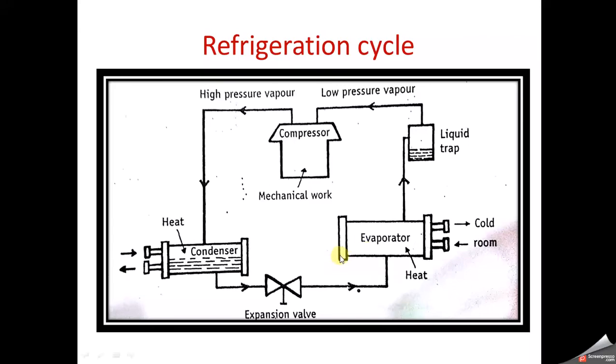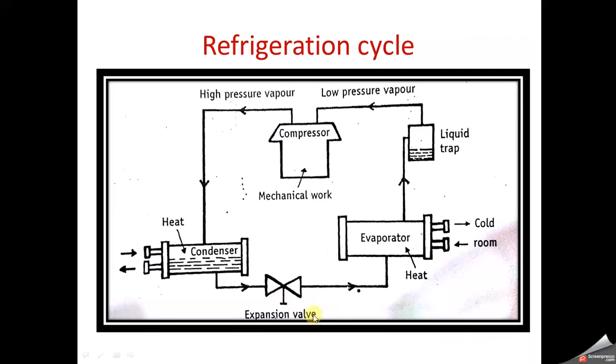Next thing is expansion valve, right? So from this condenser where refrigerant was stored, this vapor form will move forward towards the expansion valve. As the name is indicating, it is trying to expand the vapors, right? So it has a control over the rate of flow of refrigerant inside the evaporator. So how from this condenser to this evaporator, how the vapors will flow, so that will be controlled by this